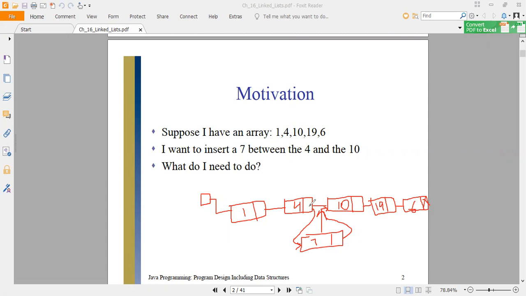I'll be explaining this in more detail when we are looking at the insertion algorithm. So the basic thing is that I don't have to make any change in any other node. You can see, the only thing I have changed is the pointer of the previous node and the next node to accommodate the new node into our list. All right. So this is quite an efficient way to insert or to delete from a linked list rather than having an array. So this is the reason why we need a linked list.